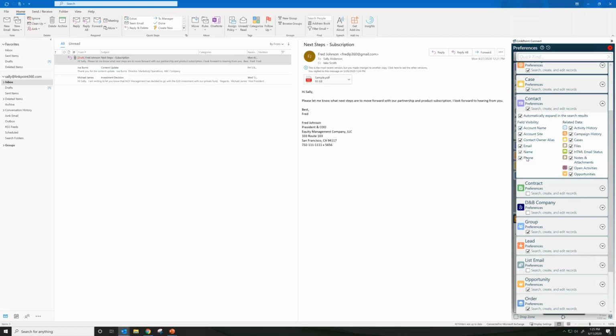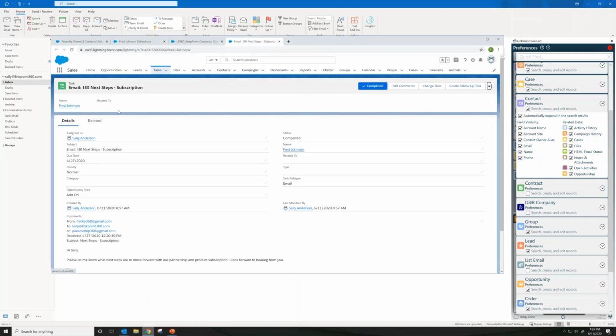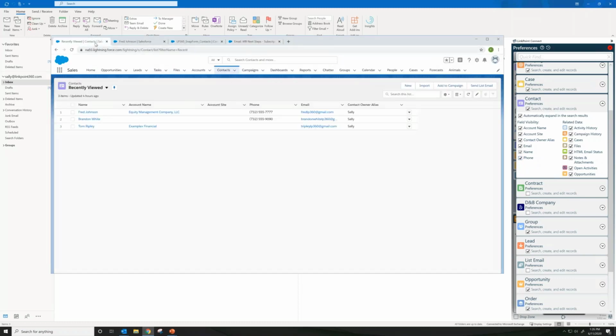Now, what populates this list? These are coming from your search layout in Salesforce. And some of you may or may not be Salesforce admins, and I'm not a Salesforce admin. But just to show you so you can compare, I'm going to pull Salesforce up and let's switch over. So I'm on contacts,